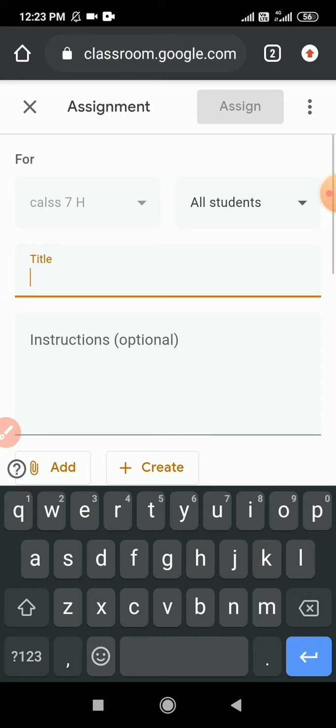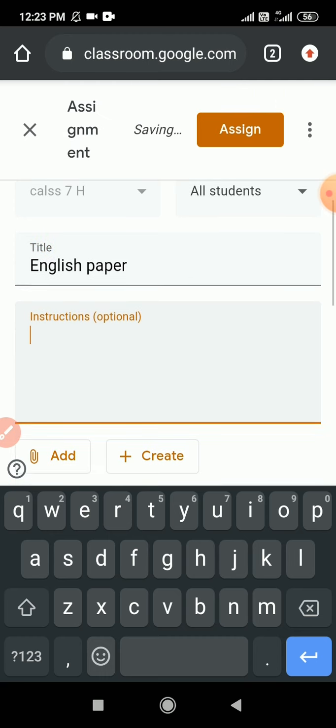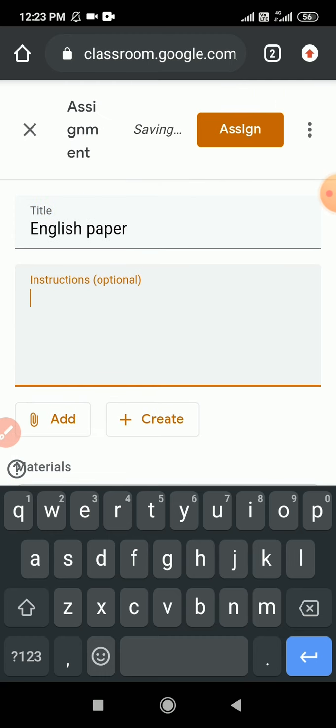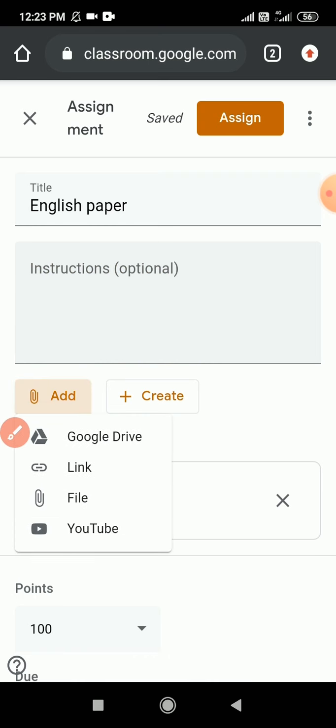After that, when it appears, we have to give the title like English paper, and below we can give any instruction related to the paper that we want the children to follow. After that again we will go to Add.